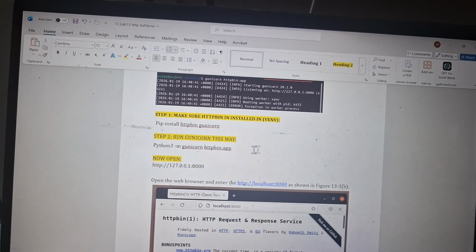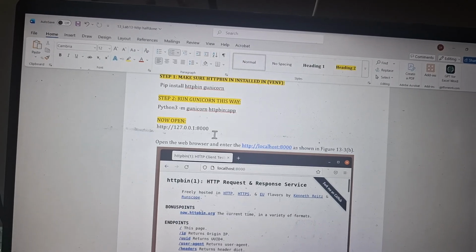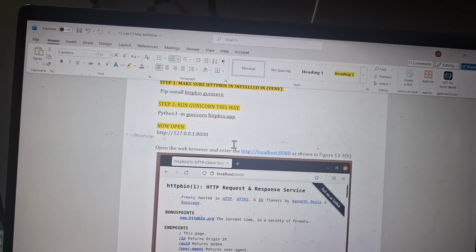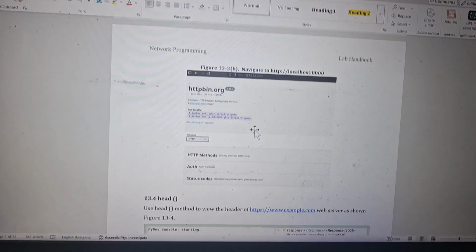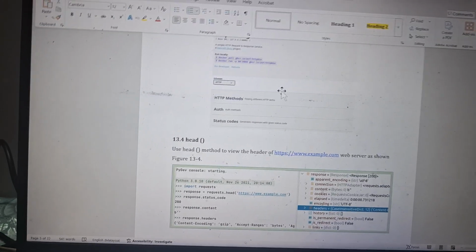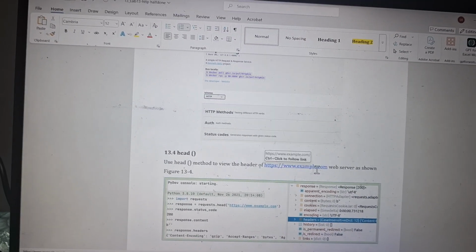we're going to open our localhost. Localhost is port 8000. This is our loopback address. So when you open it, it will show the httpbin request page. This is mine, and navigate. This is our page of the localhost, and then now we use the HEAD method to view the header of